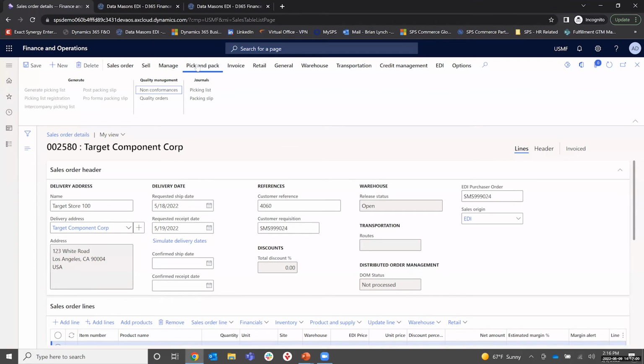FYI, SPS is fully compatible with the advanced warehousing functionality, as well as a number of third-party WMS systems, whereby I might, again, in this case, generate a picking list, and then as the fulfillment occurs, receive back a posted packing slip. Now that my goods have shipped, I then may want to actually invoice and get paid for the goods that I've received. Now, again, SPS has been working in the background, whereby if I click on Transaction Lifecycle